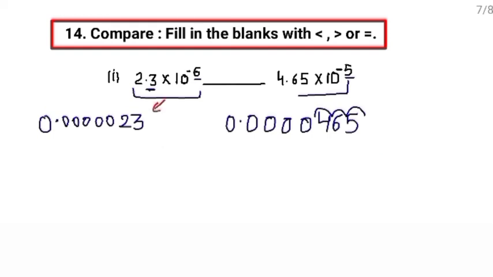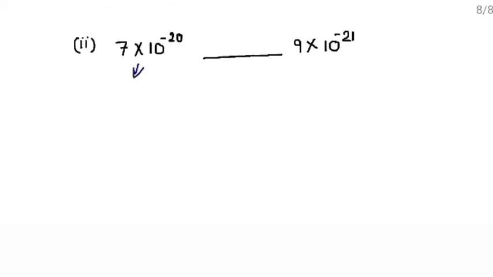So students, here we have written both the numbers in the standard form. Now we will compare the digits one by one. Before the decimal there is 0, 0. Again 0, 0, 0, 0, 0, 0, 0, 0. Left hand side 0. Right hand side 4. We are not going to compare further because at this place there is 0 and there is 4. So this number is greater because 4 is greater than 0. Clear?